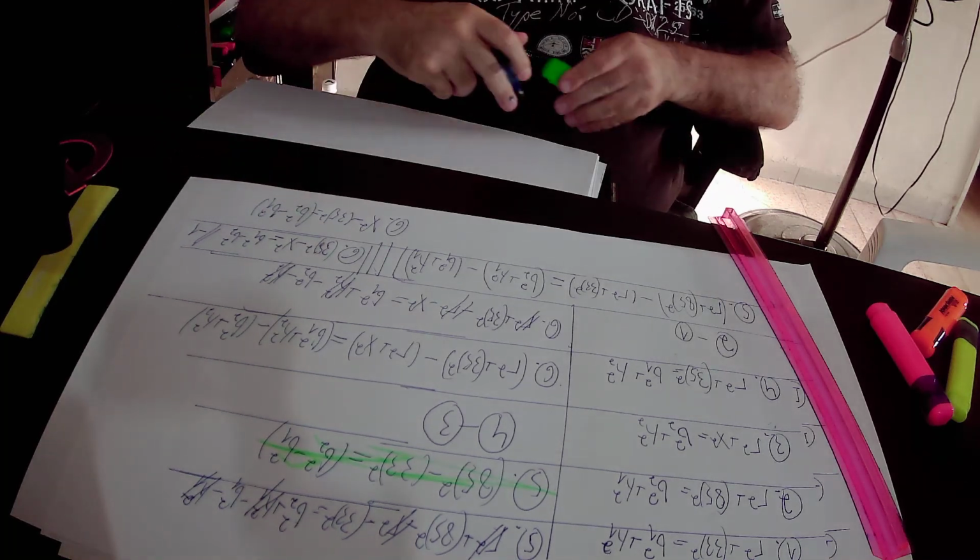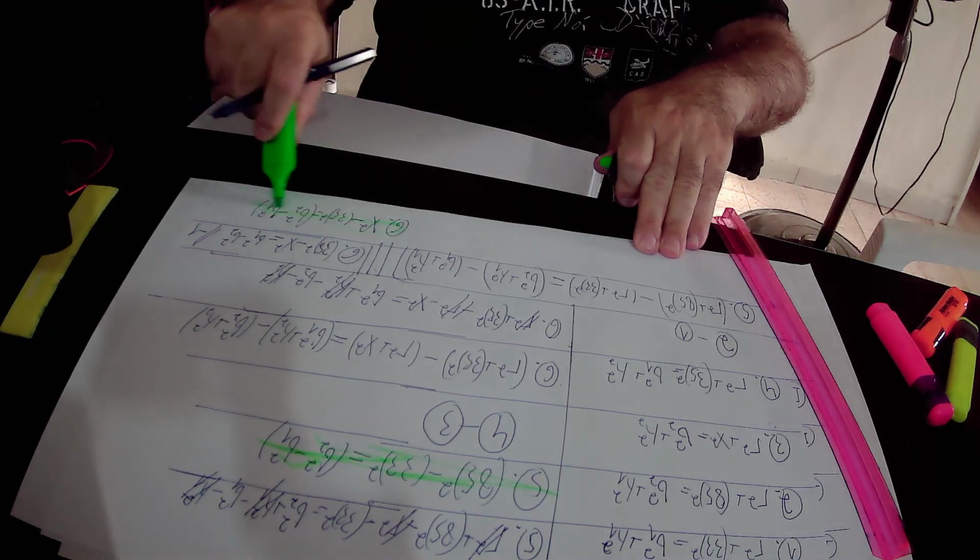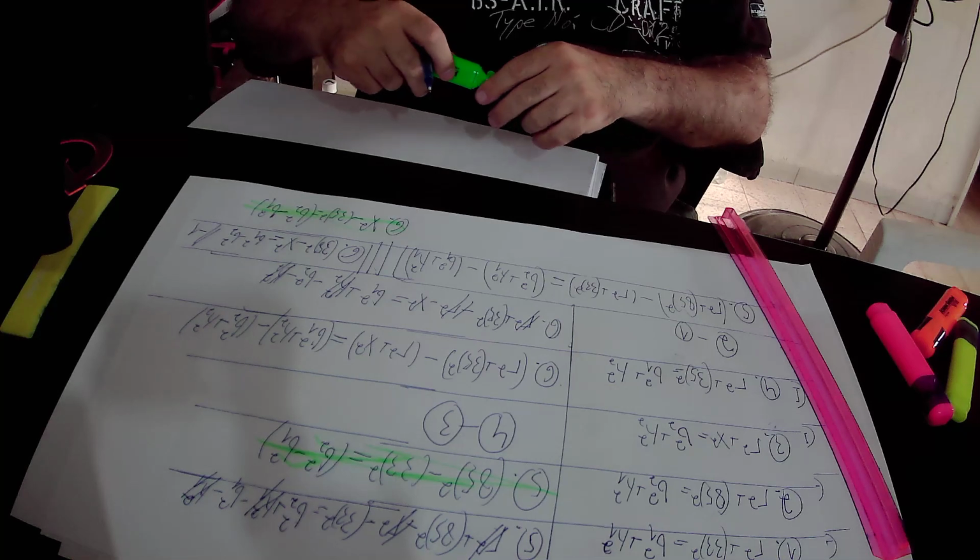So according to equation number 6, we found out that x squared minus 35 squared equals b2 squared minus